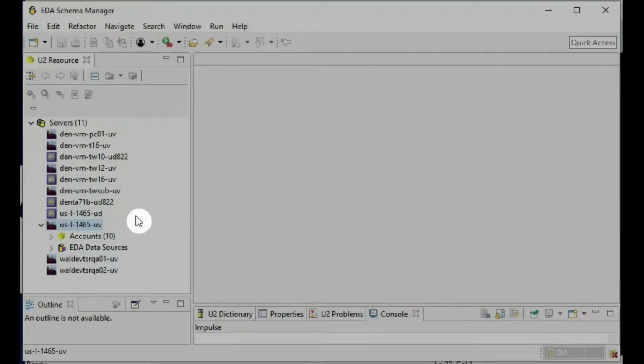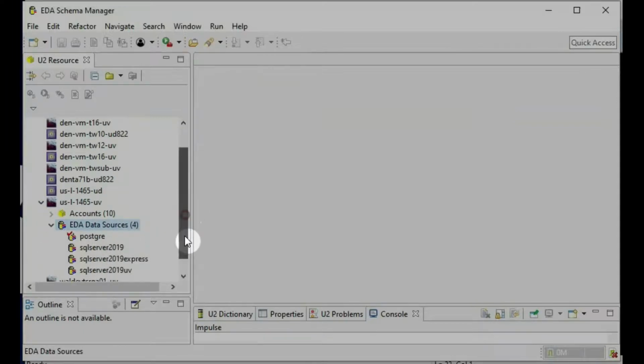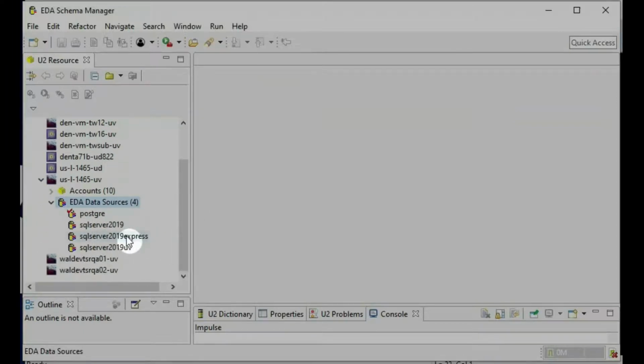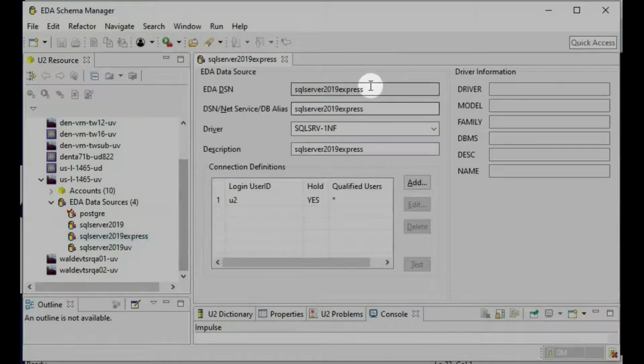So after you connect, I like to install the first one. I like to create the EDA data source. So for Universe, I like to connect to the SQL Server Express version. So that's the setting. This one you can give another EDA data source name. Then this one,